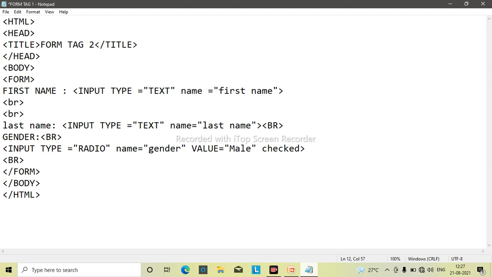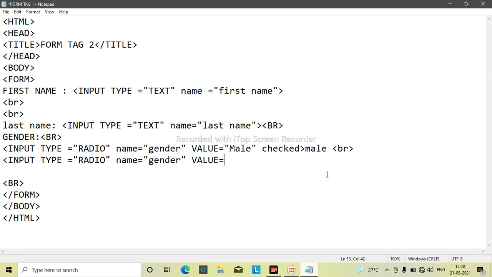See this, then male, and after that you will put BR. Then once again the same thing, input type radio. Now here we know the other is female. Let's write female. Then after that, once again checked. Here you write female, and then BR.